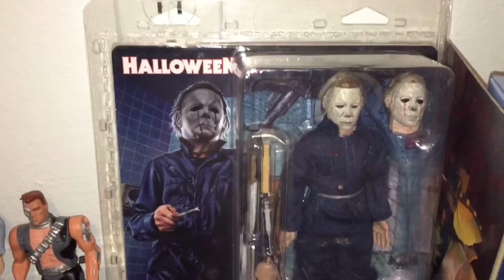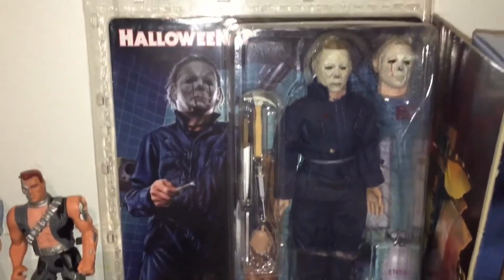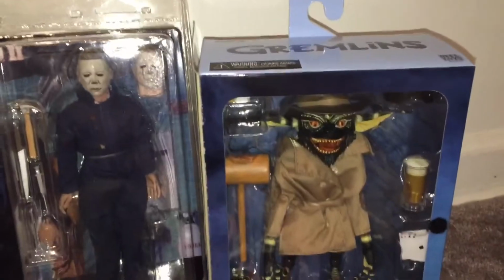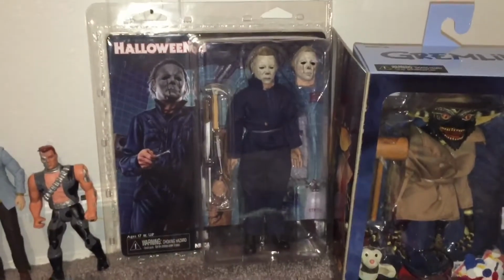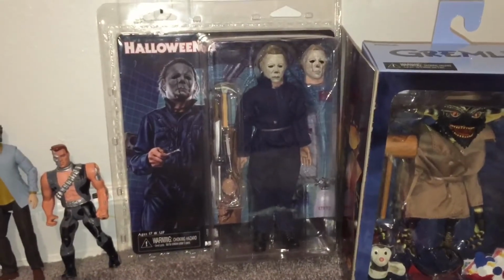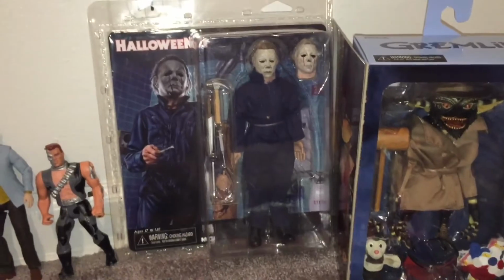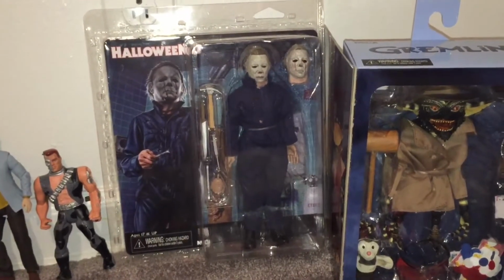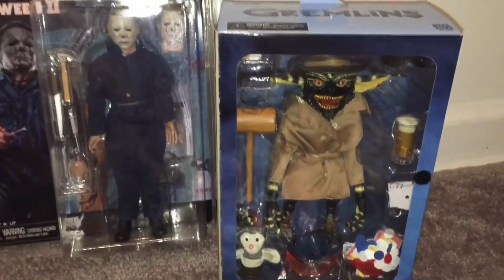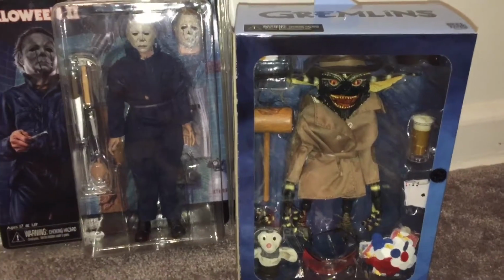Couldn't pass it up. I went to Toy Base 10 to pick up these, the Retro Cloth Halloween 2, and the Flasher Gremlin. I wasn't sure if I was going to pick him up. I decided on it because the mask is really good, and heck, it's another Michael figure. I probably will skip out on the Loomis and Laurie Strode since I don't really feel like I need that set. But the Gremlins are killing me, but I don't think I'll get most of the Gremlins too, unless,